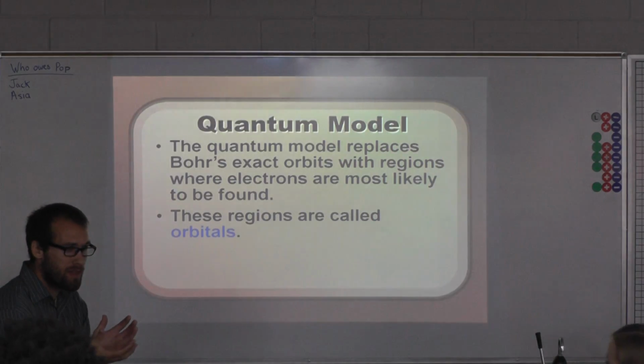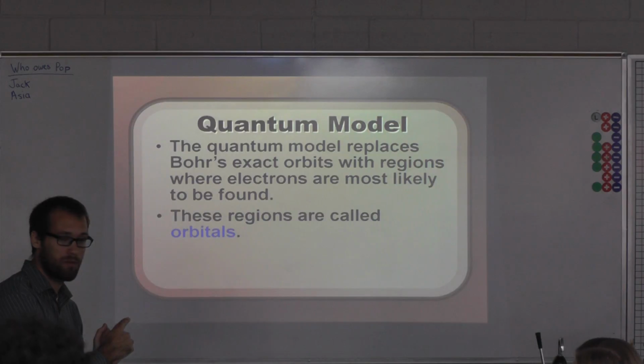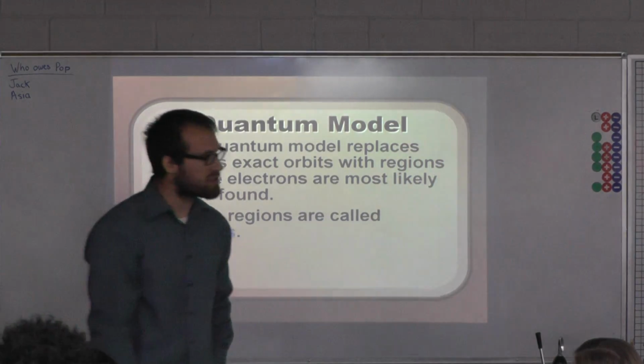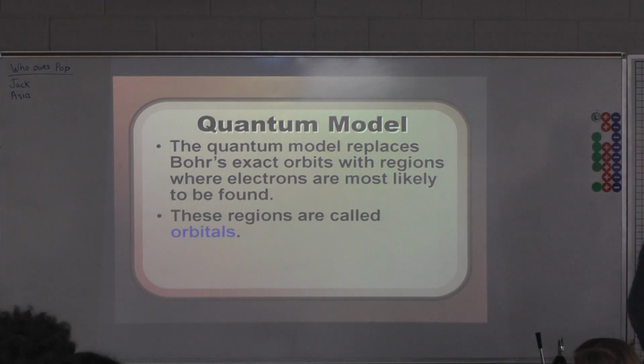region. That region they called an orbital. Okay? So we don't know exactly where any electron is going to be in any one atom at any given time, but we do have a probability that it's going to be in a specific region within a specific energy level. Now, where within that region exactly, we don't know at any given time. But we know it's going to be likely in this one region.